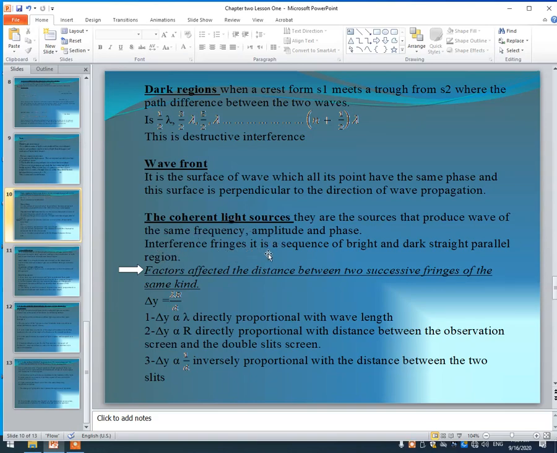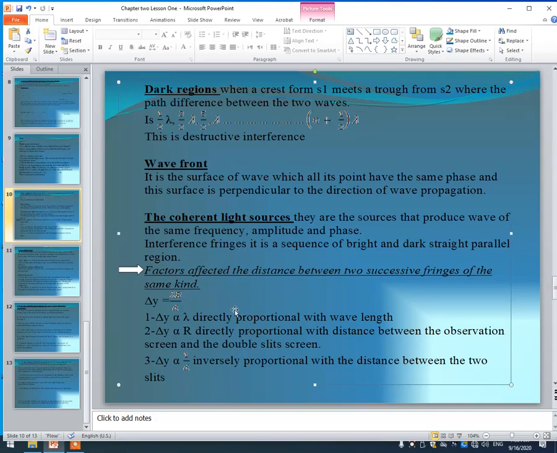Interference fringe, it's the sequence of bright and dark straight parallel regions. From here, what are the factors that affect the distance between two bright fringes or two dark fringes? Young gave these symbols here. Number 1, lambda is the wavelength of the monochromatic light. R, it's the distance between the